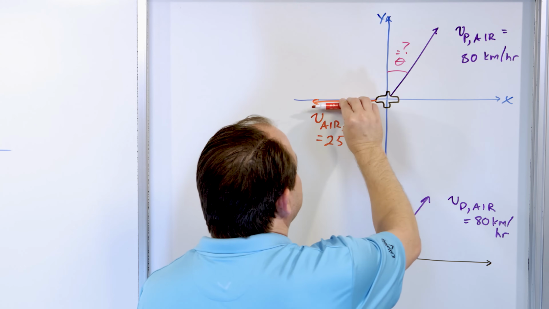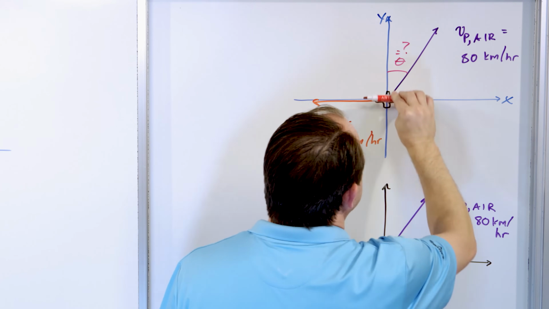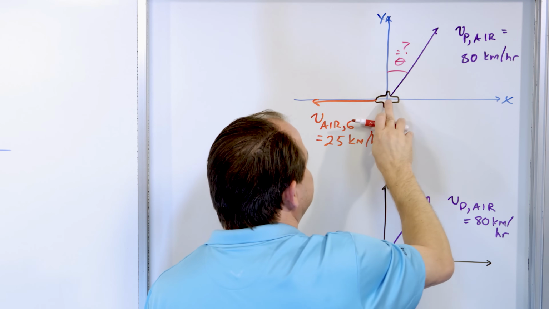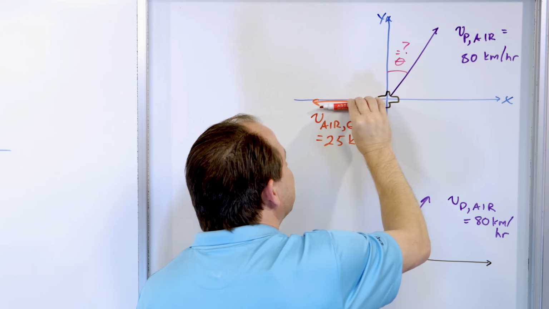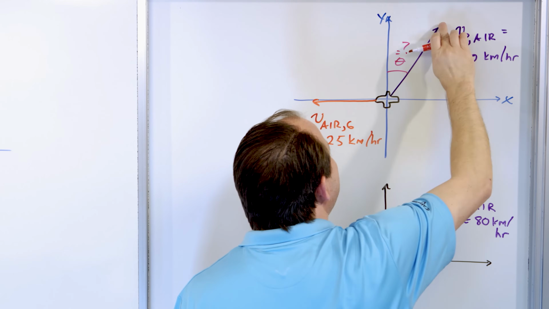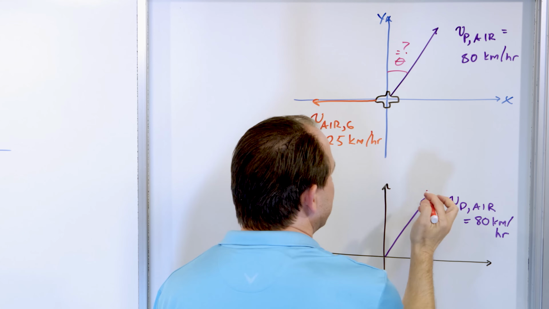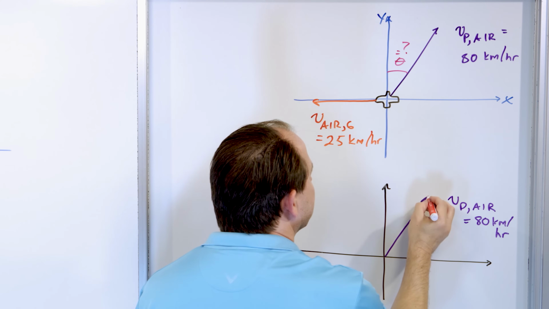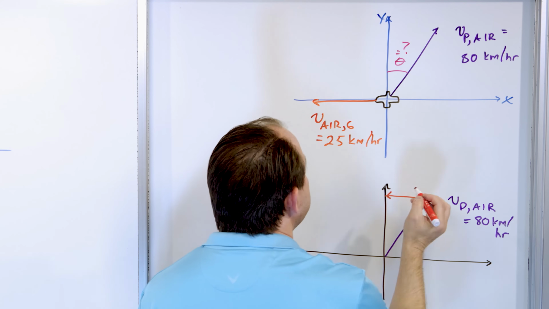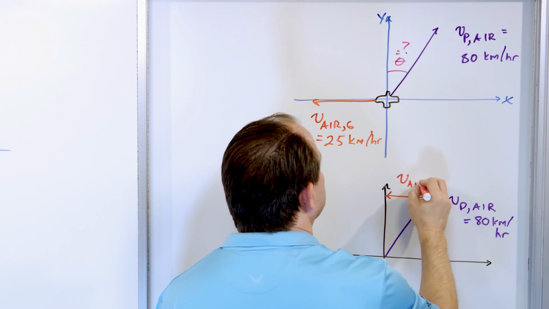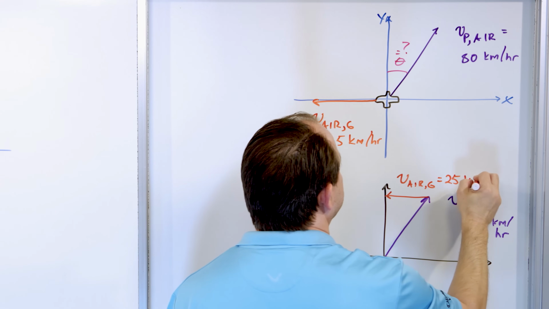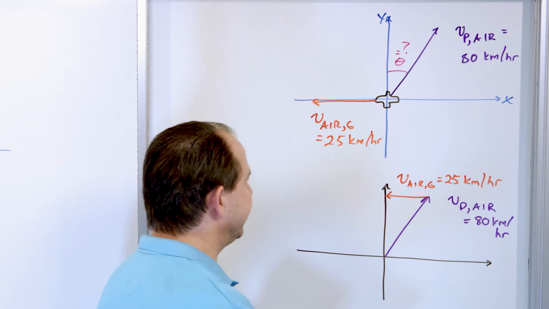But when you add vectors, even graphically, you can move this around freely, but what you want to do is move it head to tail. So these are tail to tail right now, but to add them graphically, you want to move it up here so it's head to tail, right? Which is what you want right here. And so I'm doing it in red, and I'm going to move it over here like this. And so this is the air with respect to the ground,